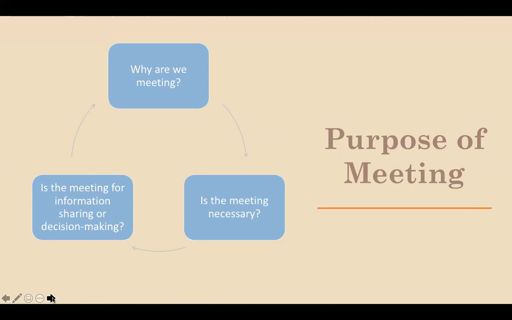So maybe not having a meeting every single week if it's going to be the same updates, but really thinking through what new information do we have, and then what are we meeting about? And so really talking through and asking these three questions of why are we meeting? Is it necessary? And then what is the purpose, or is this information sharing or decision making, to really know going into the meeting what your main goal is in establishing that. And then even more importantly, sharing that out so folks know what they're coming to and what they need to